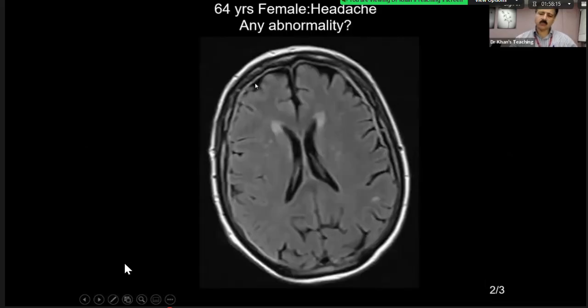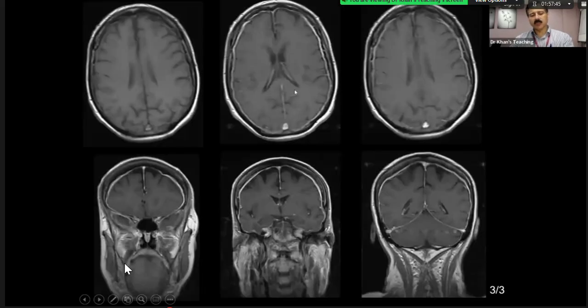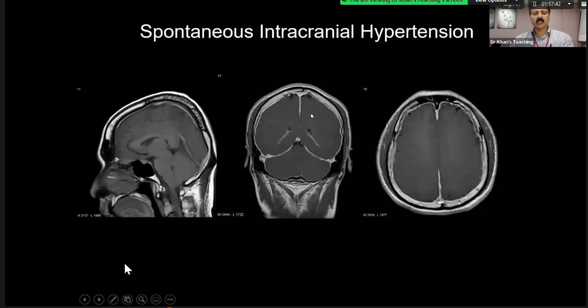So I've seen over the years many cases in which we just pick it up as an incidental finding, usually on FLAIR. If the clinicians are worried about it, please remember the protocol. If they say rule out intracranial hypotension, always give contrast. But many a time they will come to you spontaneously, and if they come spontaneously, you will see it on the FLAIR sequence. Develop your eye on this, and then in your exam, ask for contrast. Other signs are given in your books.